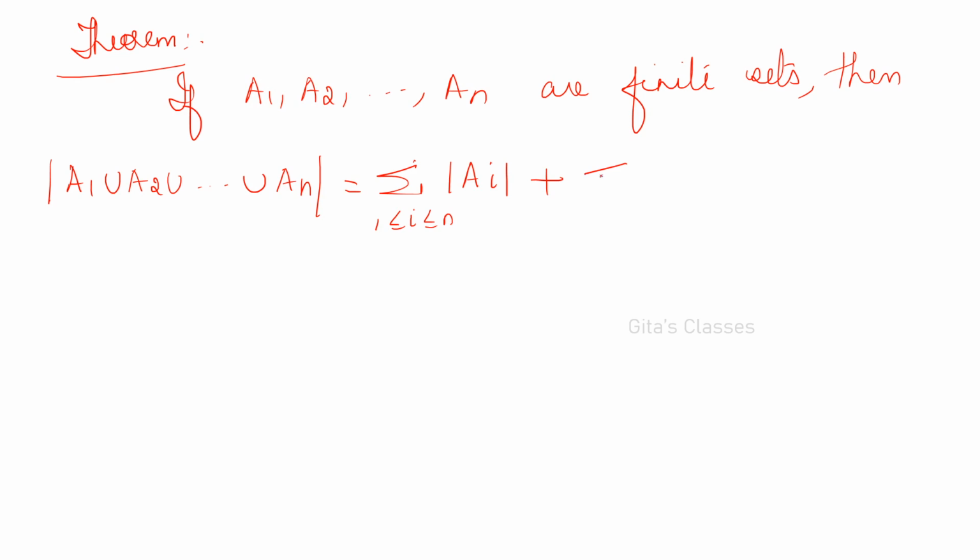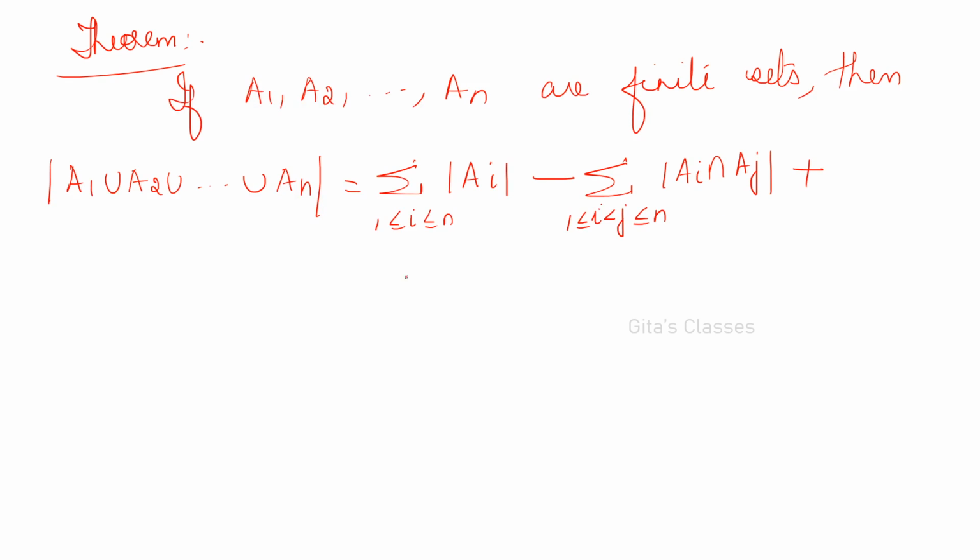Now you have to take 2 at a time. So sigma, 2 variables, Ai intersection Aj. Now is it plus or minus? Minus. We started with plus, now alternately plus and minus. Okay. So now you have i strictly less than j. I'll tell you for 4 variables, I'll show you how you are taking i less than j, then you will understand that. 1 less than or equal to j less than or equal to n.